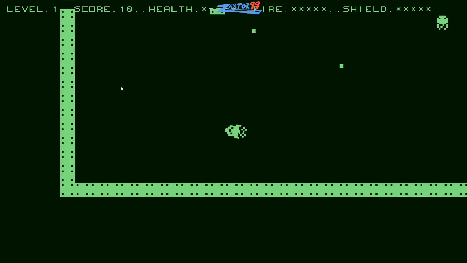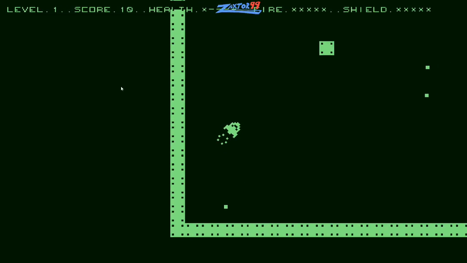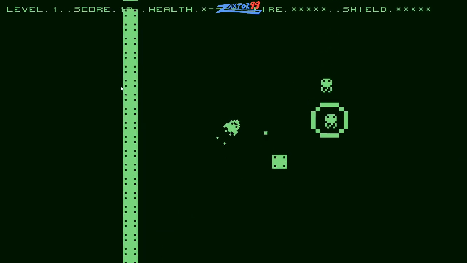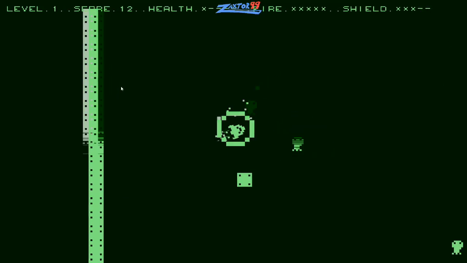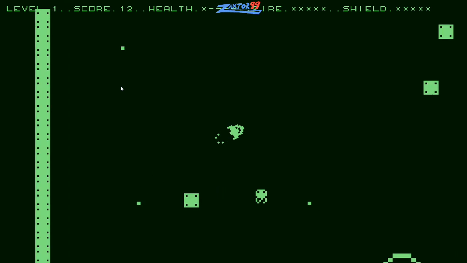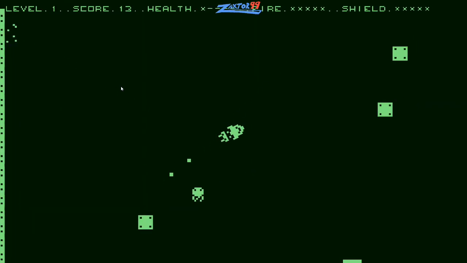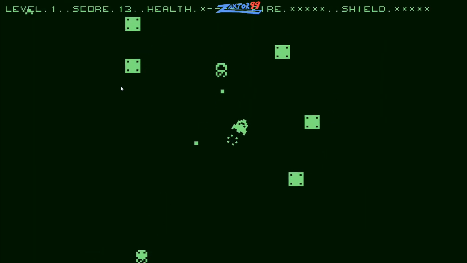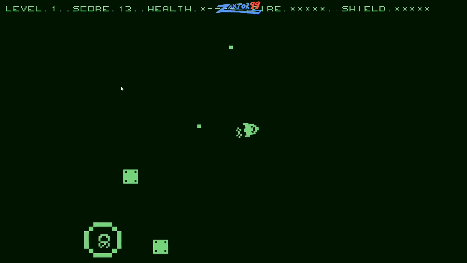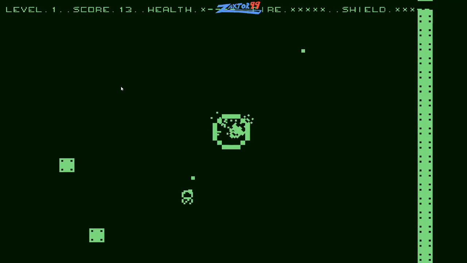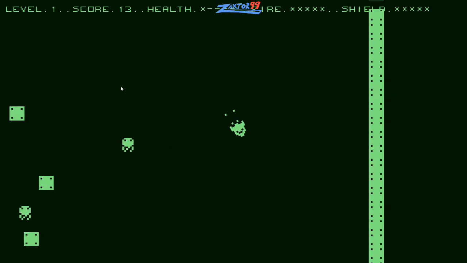Oops, I only have 1 health left. I think I'm probably screwed here. But you can have a lot of fun with a game that doesn't have optimal graphics like this. So notice there my score is 12. It was 10 just a minute ago, and I haven't shot anybody. So if these guys shoot themselves, then you score points, which is kind of cool, I guess. Oops.